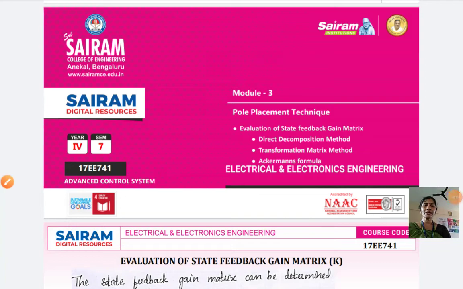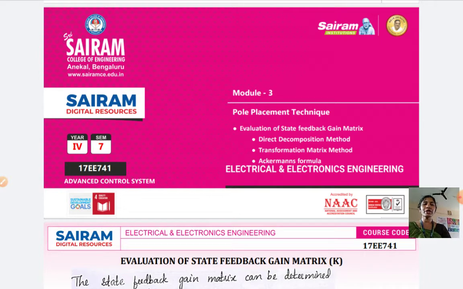Students, in the previous class we saw the introduction to the pole placement technique: where exactly we can place the poles, the different approaches like the classical control approach and the state variable approach, which approach is advantageous towards complete stability of the system, the difference between the root locus plot and the pole placement plot and in what way pole placement is advantageous, the importance of the open loop system, and the importance of the closed loop system. All these things we discussed in the previous class.